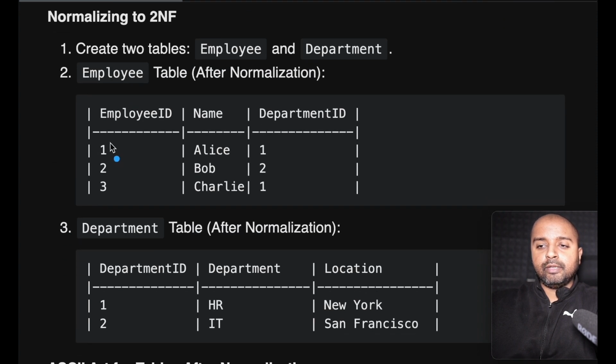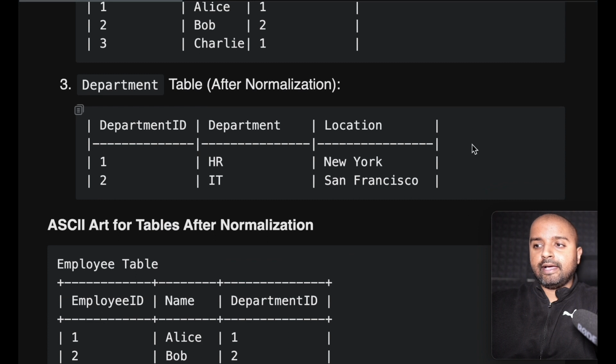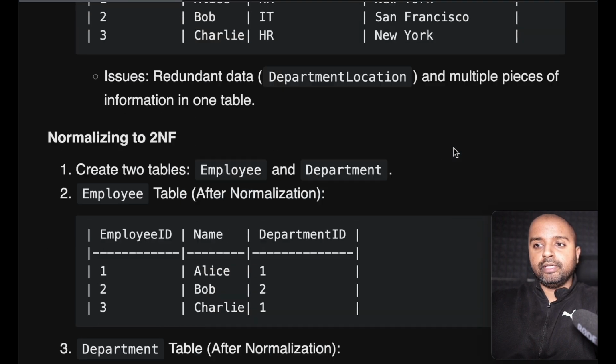and in these two tables, we have the employee ID primary key and the department ID, which is the primary key. So when we do the third normal form, any columns that don't directly depend on this primary key are removed. And if we had extra columns, let's say which did not add value to this department table, or which did not depend on the primary key of this table, those would be removed, and that would be